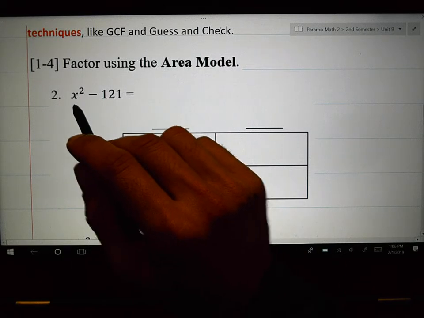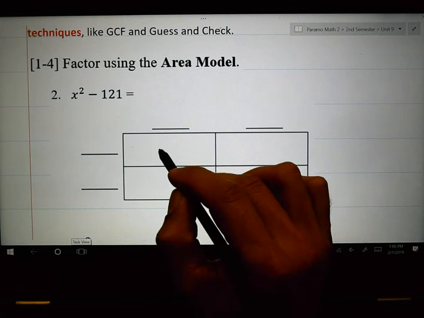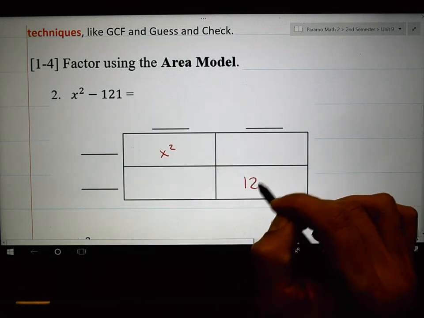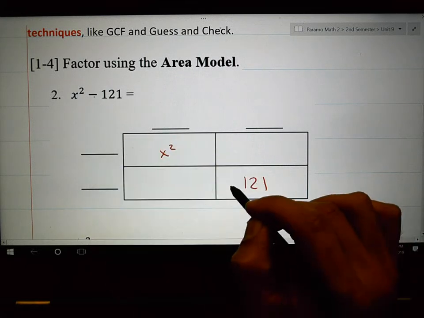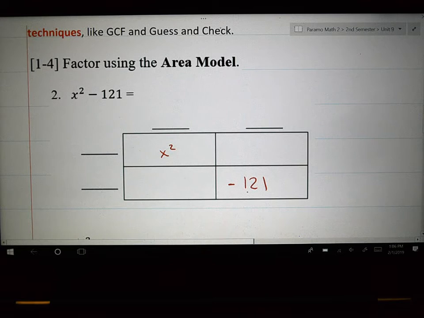so in the area model, the first thing is the variable squared. This is the variable squared. It goes in the top left box. This is your constant. It goes in the bottom right box. I'm also going to recommend that whatever this constant is, if it's minus or positive, put that sign inside that box. It will make everything easier. Now that you've done that,